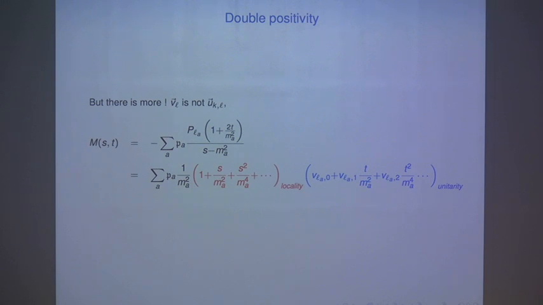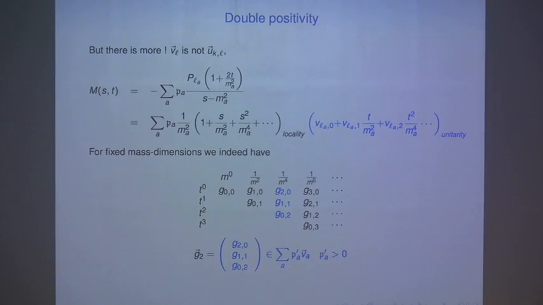But unfortunately, and actually fortunately, the vectors that we're interested in, U, is not strictly speaking V. So if we track this through, remember that when we're expanding the Legendre polynomial, we get these vectors V. But there's also an expansion in terms of the propagator, which gives us another polynomial here. So the blue part is what is coming out of the Legendre polynomial, which is basically a statement about unitarity. The red part is expanding the propagator, which is a statement about locality.